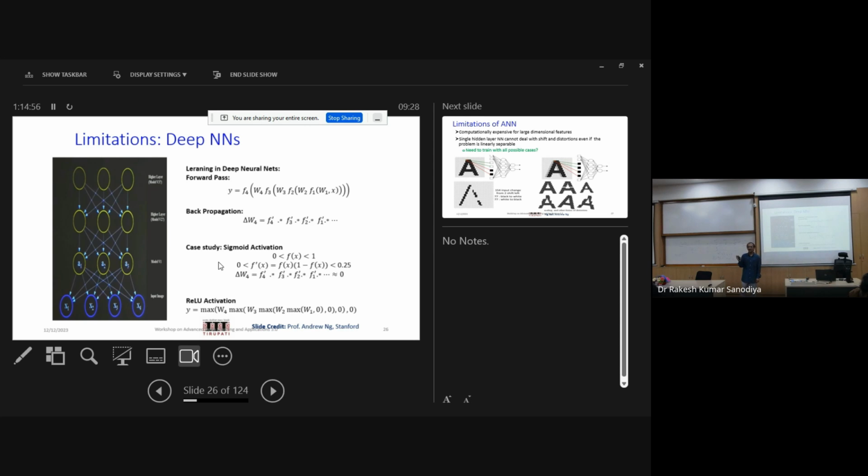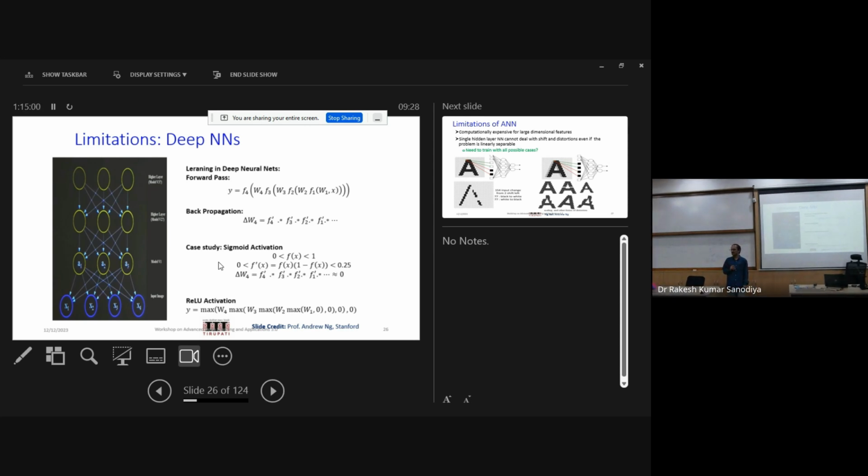But beyond a point, their accuracies were not very good. In fact, they are almost similar to support vector machines or any other classifiers, decision trees, and so on. But one of the bottlenecks is developing deep neural networks. If I train a neural network over 10 layers or 50 layers, what will happen is, see, as we